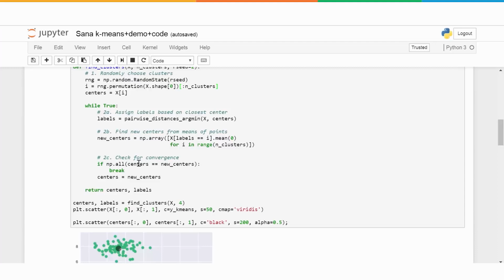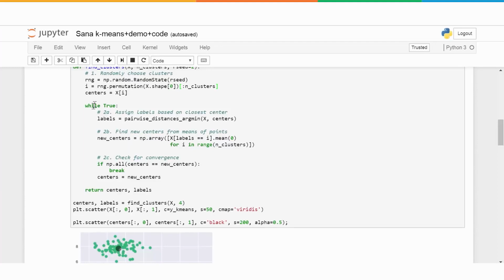If it is the same, that means the process has converged. So remember, we do this process until the centroid doesn't move anymore. The centroid gets reallocated each time, and once the position of the centroid doesn't change anymore, we know that convergence